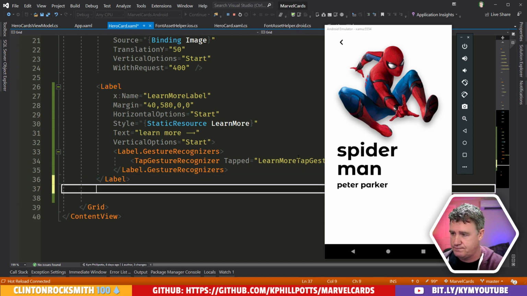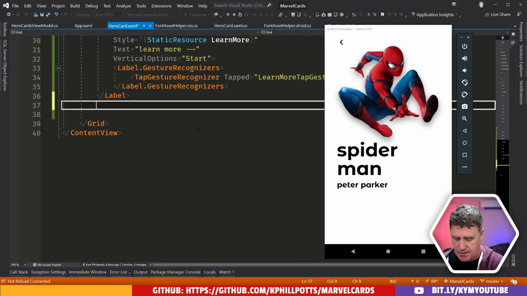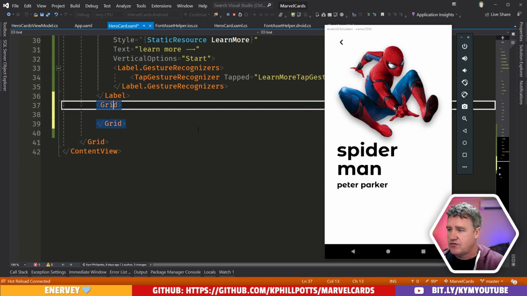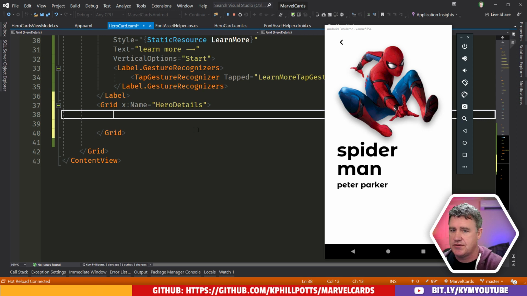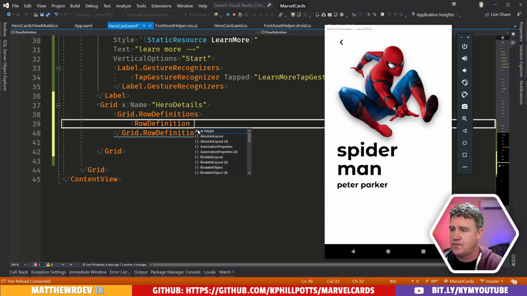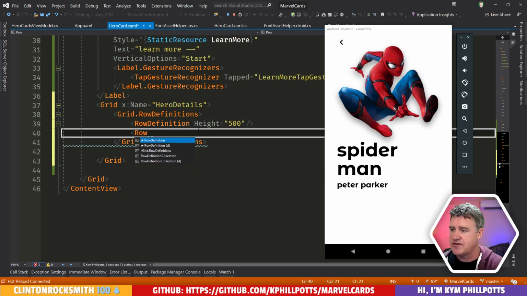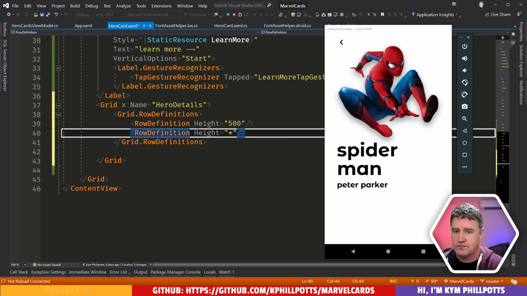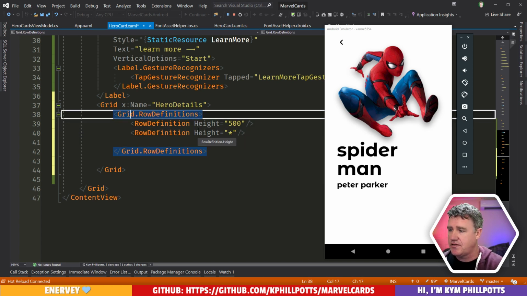Okay. So as a grid, go details, create 2 rows, find a place. Second row, which is going to have a height of star. And then I'm going to